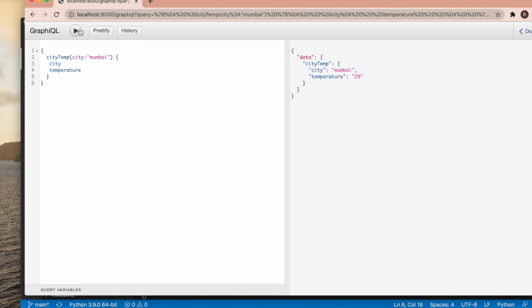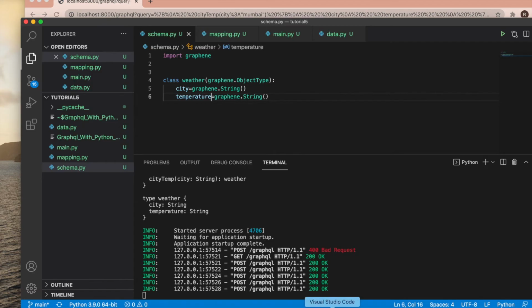This is kind of a dummy API, and we are getting this from our GraphQL endpoint. Initially I used temp, but in our schema I defined temp, while it actually returns temperature, so it mismatches with the schema. That is why it is returning null. Nothing else. Now the edge case.